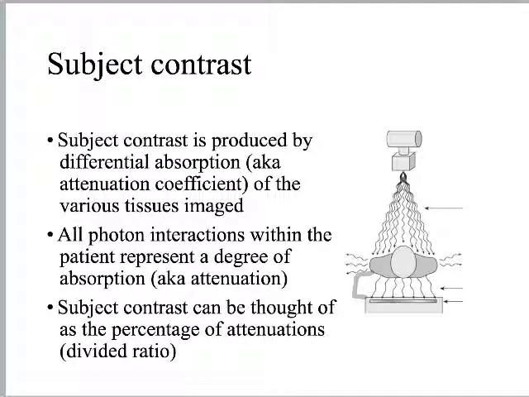And to make it as simple as possible, subject contrast is simply the difference between what we had up here and what remained after the patient. It's the difference between what we had and what remained. The fancy word for that is differential absorption. Inside the patient, different things absorbed differently, right? And that resulted in a difference between what we had in the primary beam and what remained in that secondary